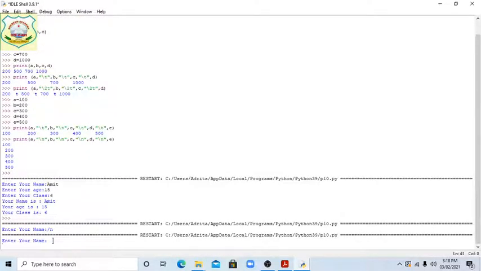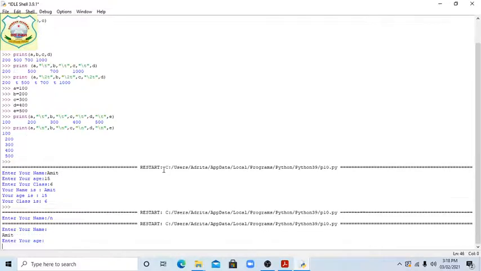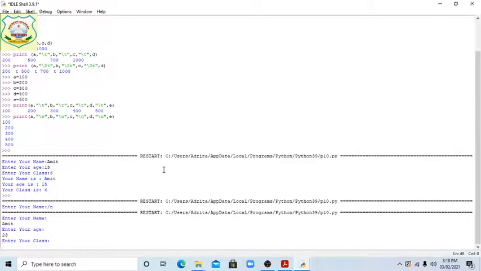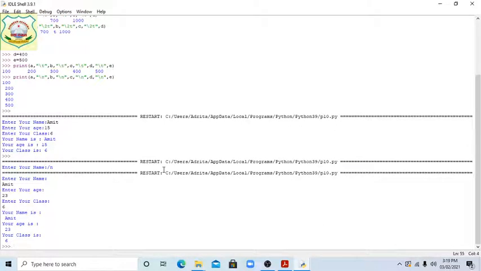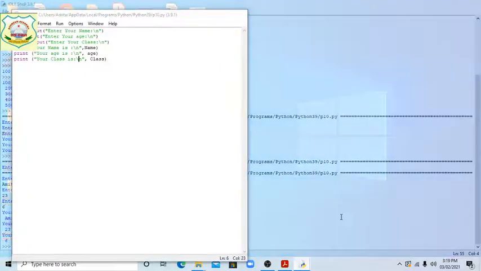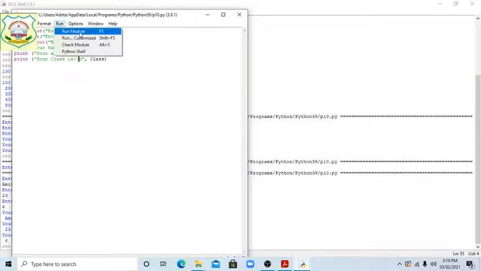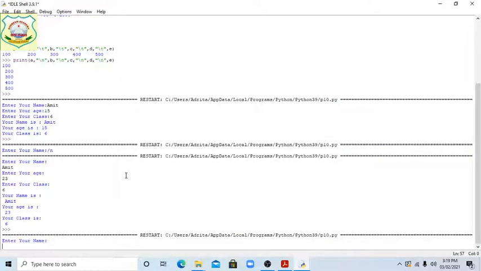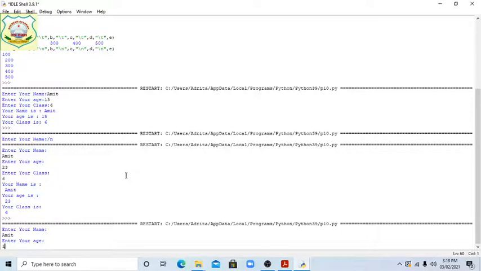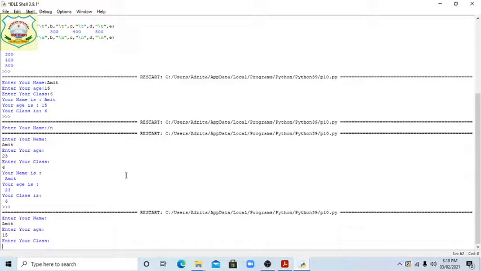See now, enter your name, enter your age, class. 23 we have given, that's why. Again, I'm seeing the output. We have given the age, age is 14 or 15, and class is given 6.